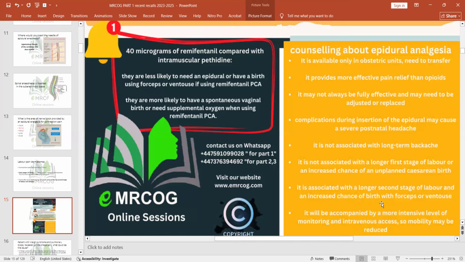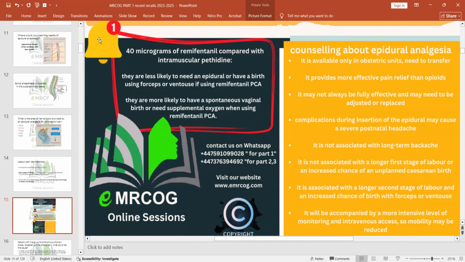And this is why we are going to give a longer time in second stage for those who are using epidural. For example, if I'm going to give a woman a chance to stay in the second stage for 3 hours, it is going to be 4 hours if she's using epidural. For multi, if they are supposed to only have 1 hour in the second stage, I can go for 2 hours because she's using epidural.